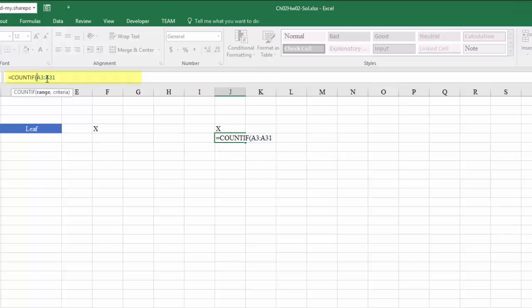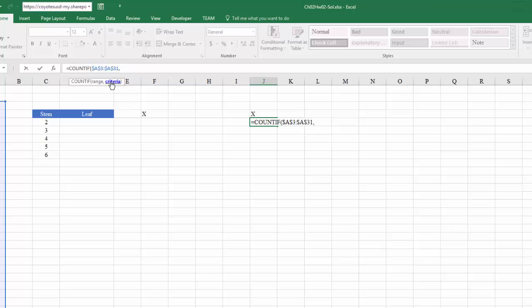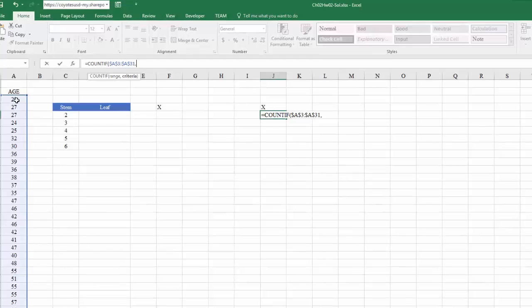I'm going to go ahead and lock these cells because this is a fixed range for the purposes of this discussion. Now if I do a comma here, it's going to ask, what's the criteria? I need to make sure I'm looking for a criteria that is anybody who's 20 to 29, because I'm in the stems area of 2. So that's 20, times 10. That's basically C5, which is 2, times 10, so that's 20,